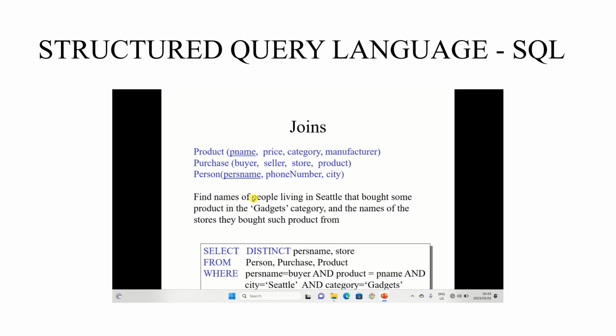So write an SQL instruction to execute this. So select distinct person name, store. You see, find names of people. You want a person name here. Names of people living in Siakli that